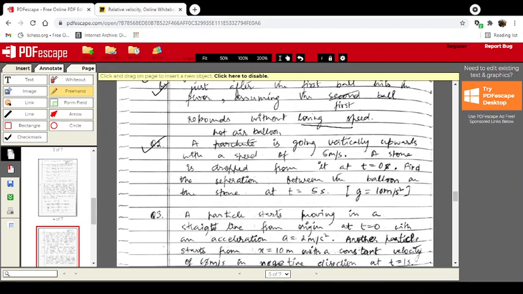So, try to remember whenever such questions come up that although we can consider both the hot air balloon and the stone as two separate bodies, what is happening is that there is a hot air balloon going vertically upwards, and as it is going upwards, a stone is being dropped at some time. You have to find the separation between the balloon and the stone at 5 seconds, and we have to assume that the balloon is way far upwards, that is, the stone is not striking the ground at all within that period of 5 seconds.